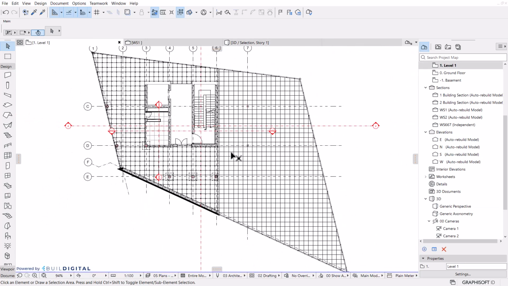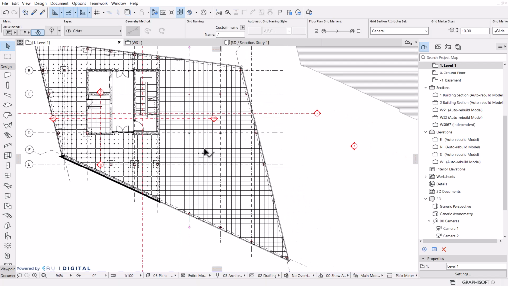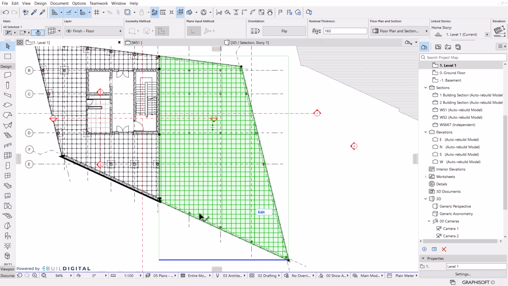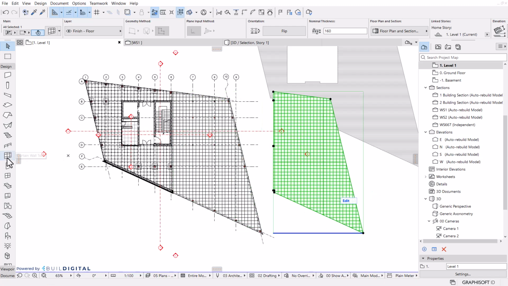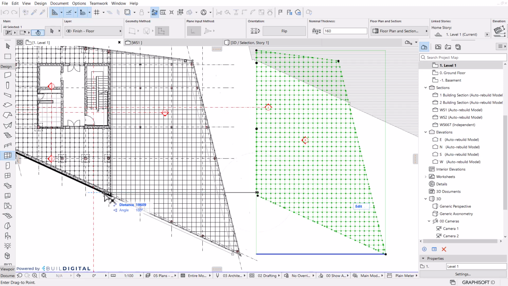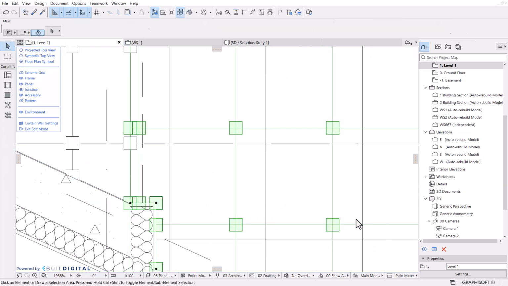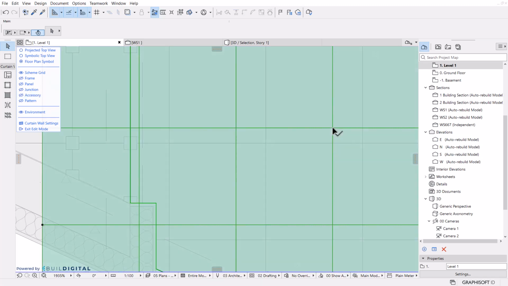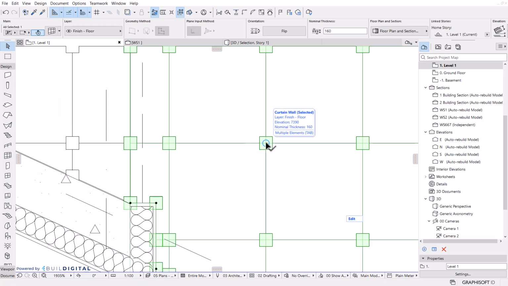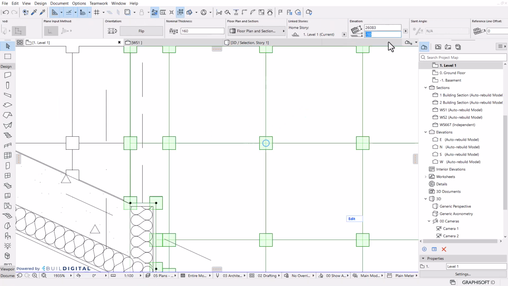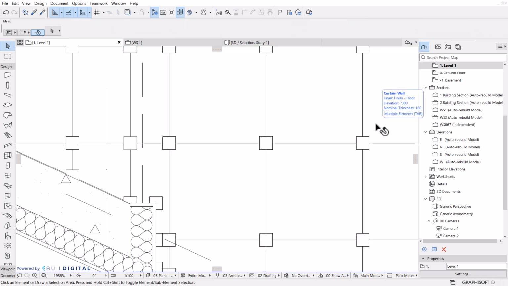So let's go back to level 1 and let's do the same thing for the flooring that is outside in the cantilever area. Just going to drag a copy to the side. Go to the favorites. And then adjust the height. And we know that's going to be minus 20 millimeters. Good. So now we should have